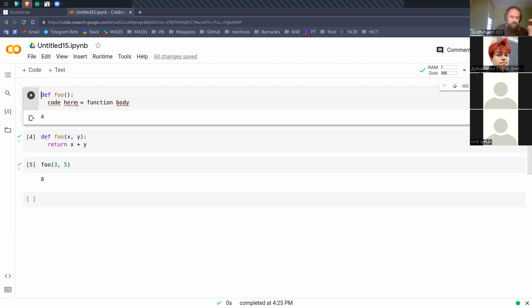And there are a lot of ways to send arguments inside the function. Let's think about the,